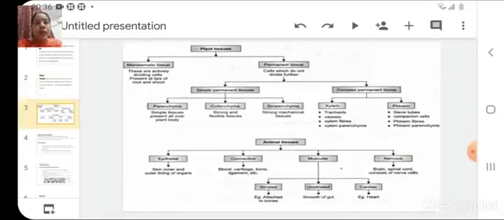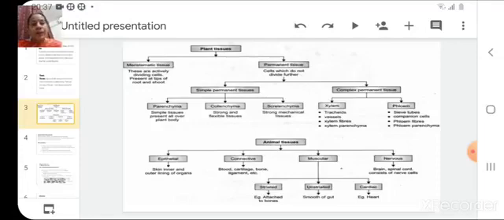You need not draw this flow chart, but just for understanding it is shown here that plant tissues can be divided into two parts, meristematic tissues and permanent tissues. Then permanent tissues can again be divided into simple permanent tissue and complex permanent tissue. Then simple permanent tissue can be divided into parenchyma, collenchyma, sclerenchyma, and complex permanent tissue can be divided into xylem